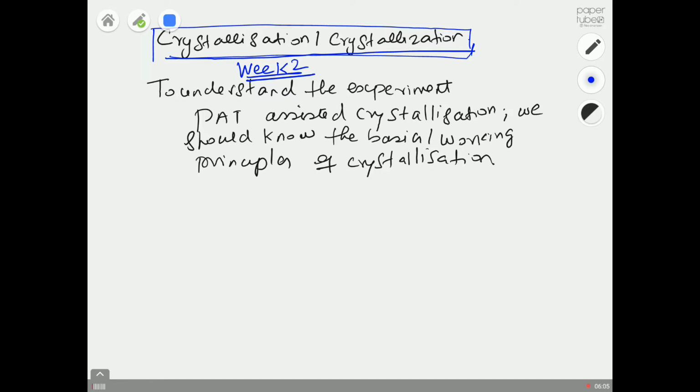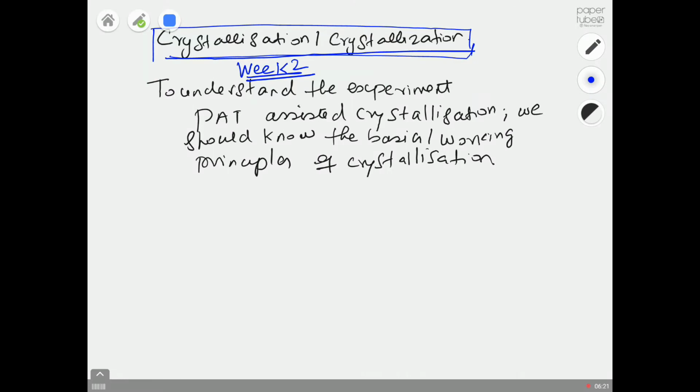So I'm going to explain what I want to talk about in crystallization, and then I'm going to scan and upload the notes in Sulis. You need this theoretical knowledge in order to interpret the experimental data which I'm going to send to you. Also, you should know what crystallization is all about, and especially